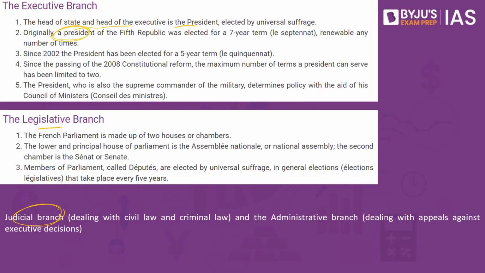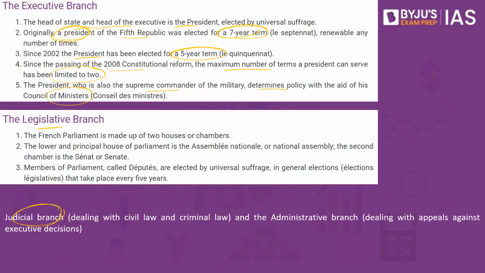Originally, a president of the Fifth Republic was elected for a 7-year term. This was the original constitution. Since 2002, the president has been elected for a 5-year term. Since the passing of the 2008 constitutional reform, the maximum number of terms a president can serve has been limited. The president, who is also the supreme commander of the military, determines policy with the aid of the Council of